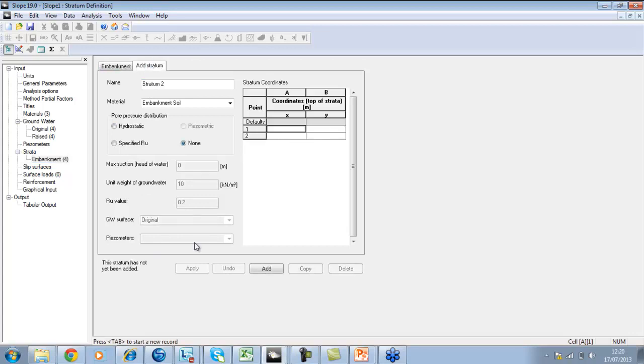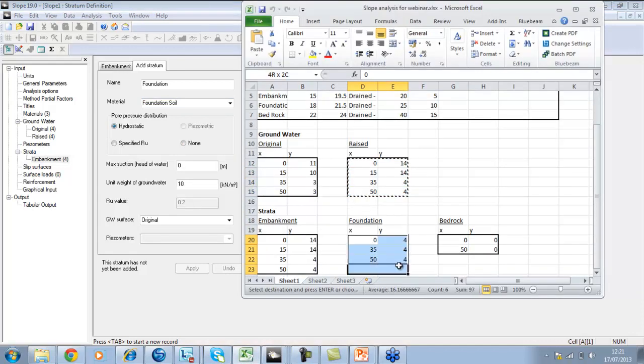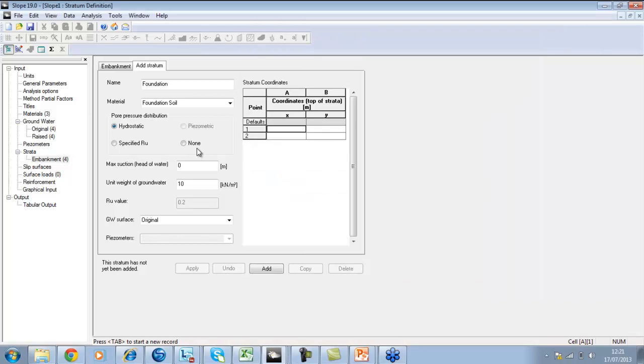I'm also going to add some strata in there. So the second one is going to be foundation. The soil, again, should be foundation soil, hydrostatic. I click on add. It's important you click on add before moving on to anything else, otherwise the program doesn't save your changes. Bedrock, hydrostatic, and again,